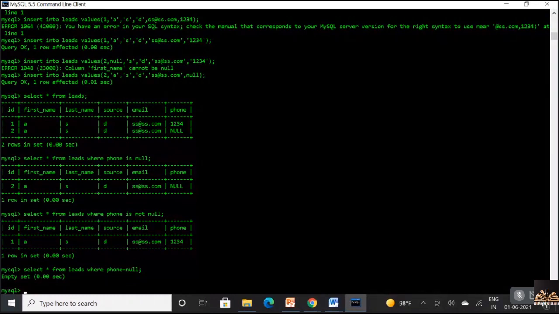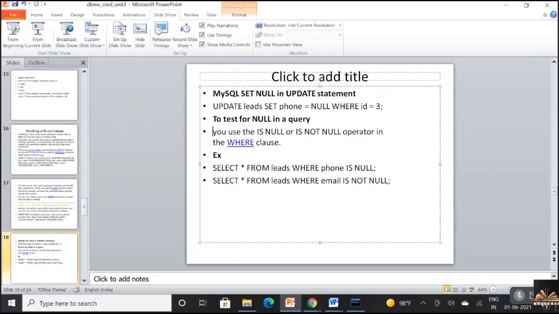So whenever you're trying to work with null, try to use is null or is not null using the following syntax. Select star from leads where phone is null. Select star from leads where email is not null. So this way you're going to work with the null operator.